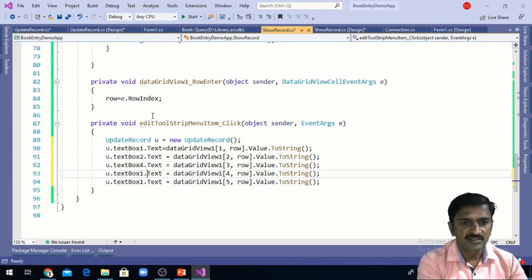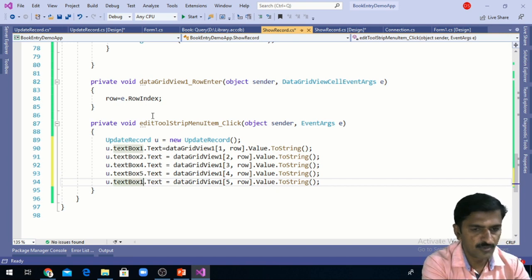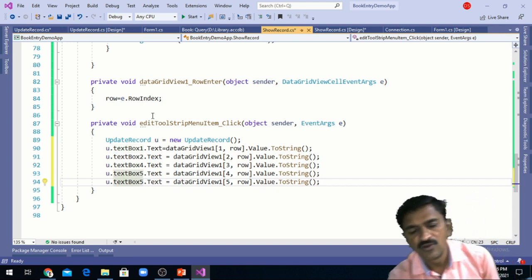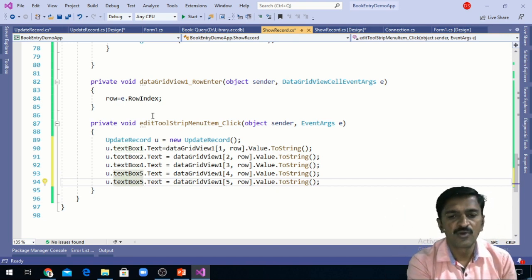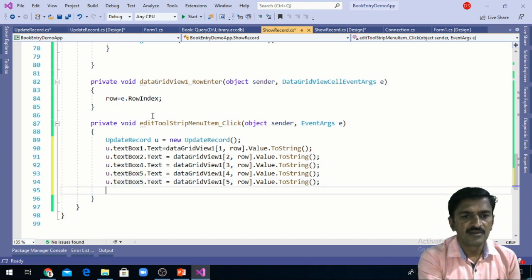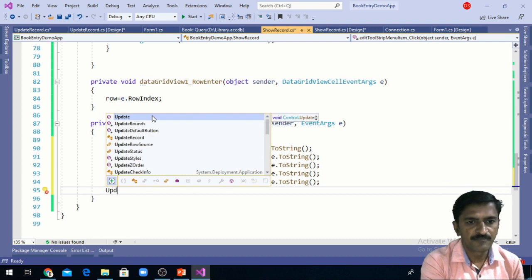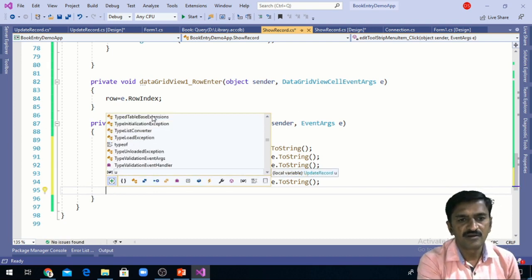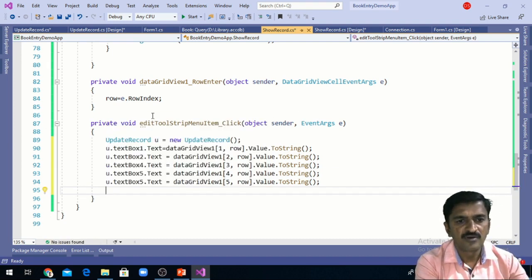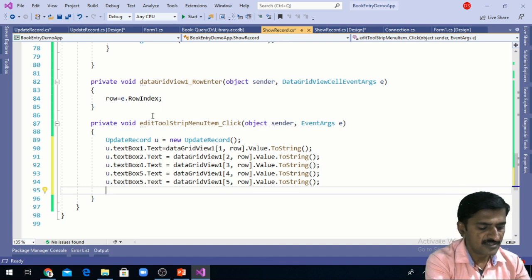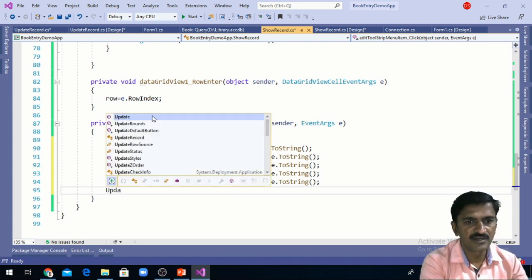And I'm accessing the fourth and fifth text box and assigning the value of that respective column number here. Then I want to assign the id that is declared on update record form, that is the static variable that we have declared.